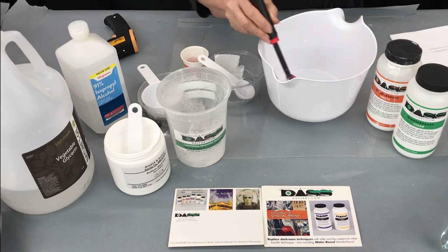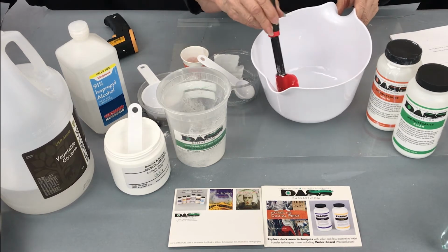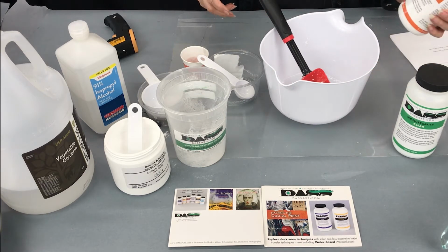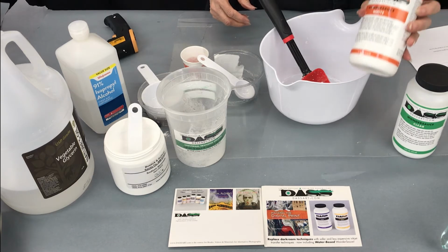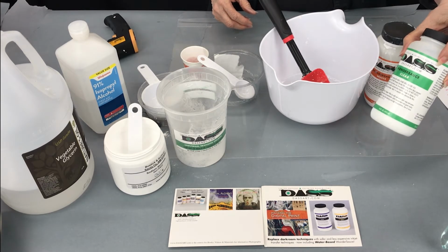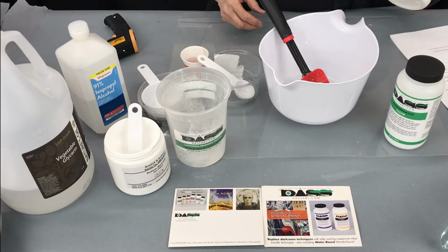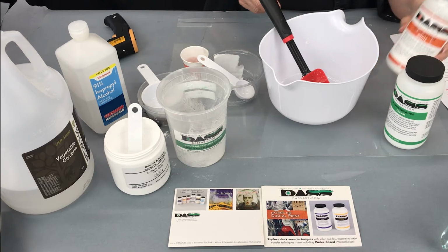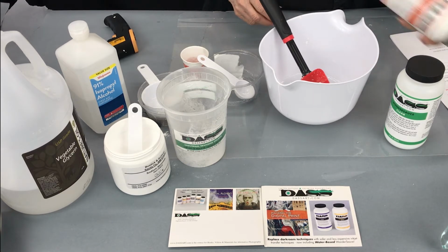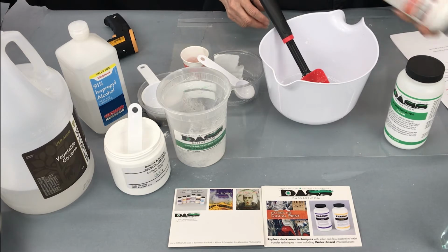And then as this is dissolving and mixing, you're going to also add either 2 tablespoons of the white Wonder Sauce or the clear Wonder Sauce. The ingredients in this also help to stiffen the gelatin monoplate. I'm going to choose to make the white. Make sure you shake up either jar that you're going to use